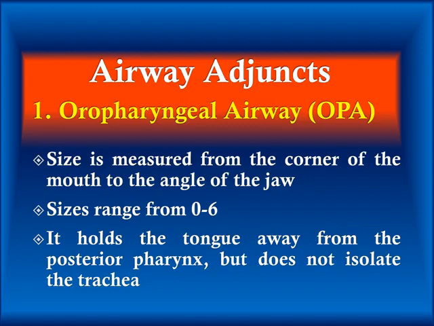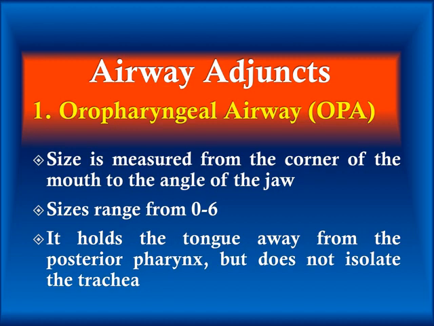To maintain opening the airway, we have to use adjuncts. The available adjuncts are the oropharyngeal airway, nasopharyngeal airway, laryngeal mask airway, and lastly the endotracheal tube. We will discuss them in detail. First of all, the oropharyngeal airway,